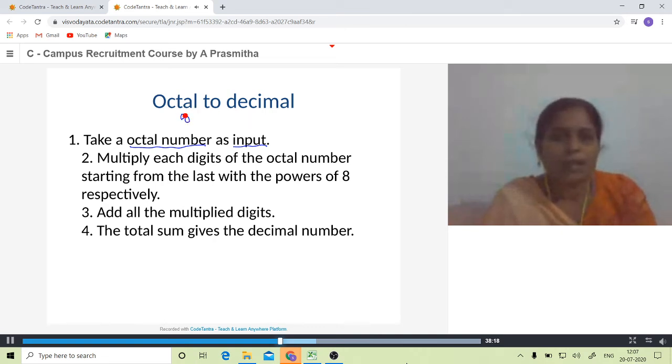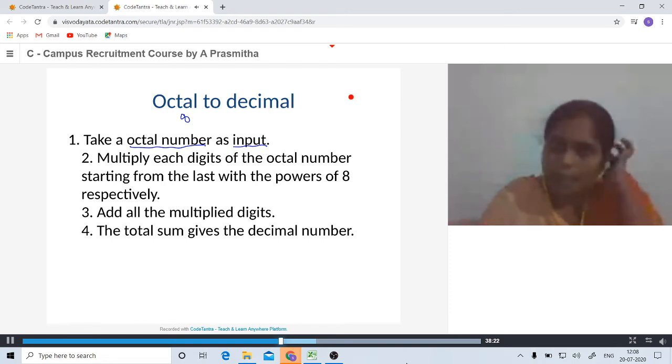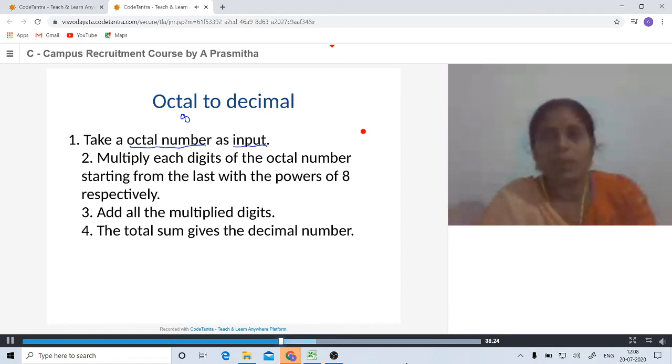So earlier each digit was multiplied with 2 to the power, and here every digit is multiplied with 8 to the power, 8 power 0. So all the multiplied digits are added, and finally the sum is displayed on the screen.